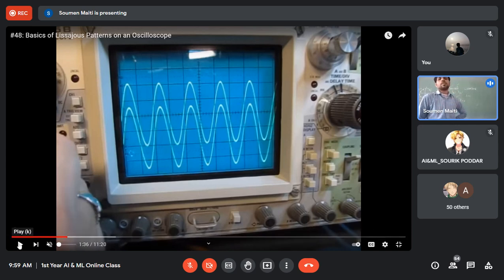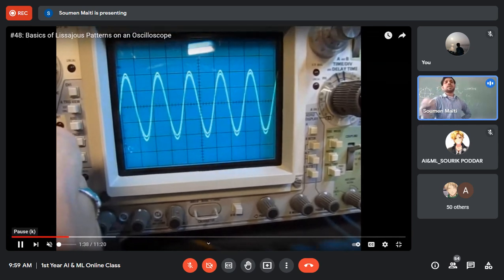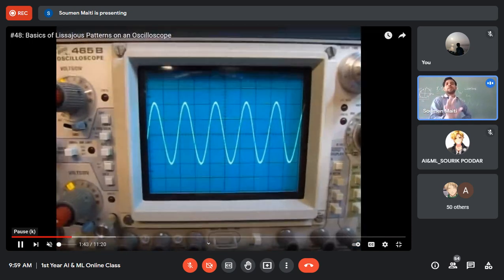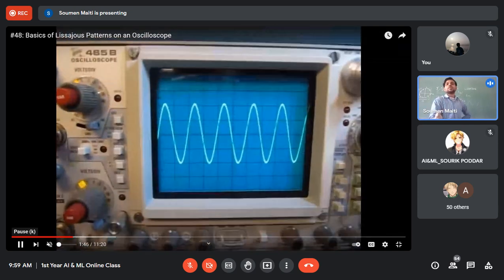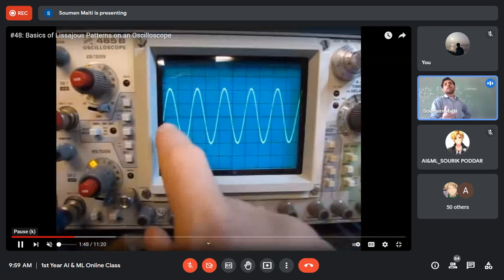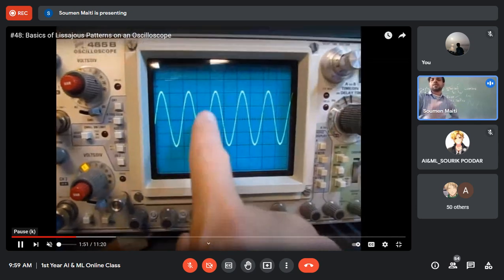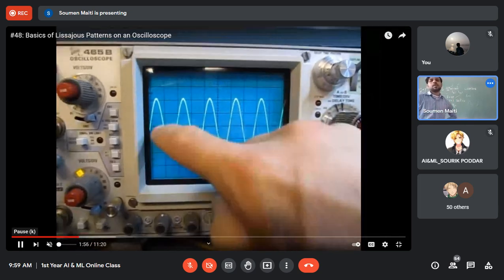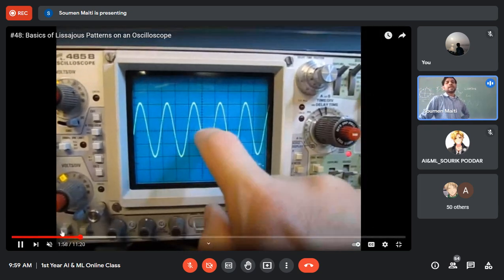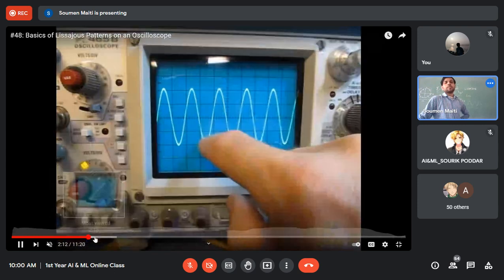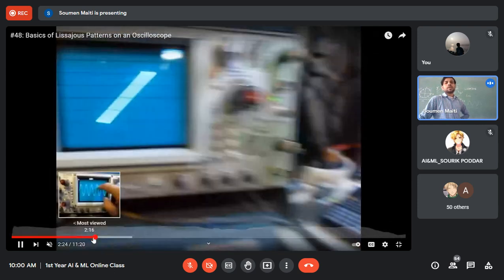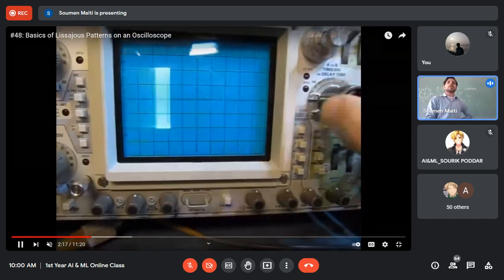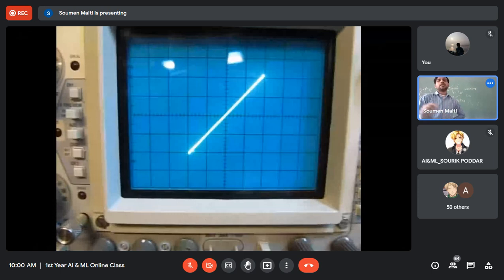When they superpose, they are not superposed yet. The amplitude is the same and the frequency is the same, and they are in the same phase, which will give rise to a straight line. When everything is the same, look at this, you can't differentiate between the two. If you press the XY button, you will see that for delta equal to 0, this is nothing but a straight line.